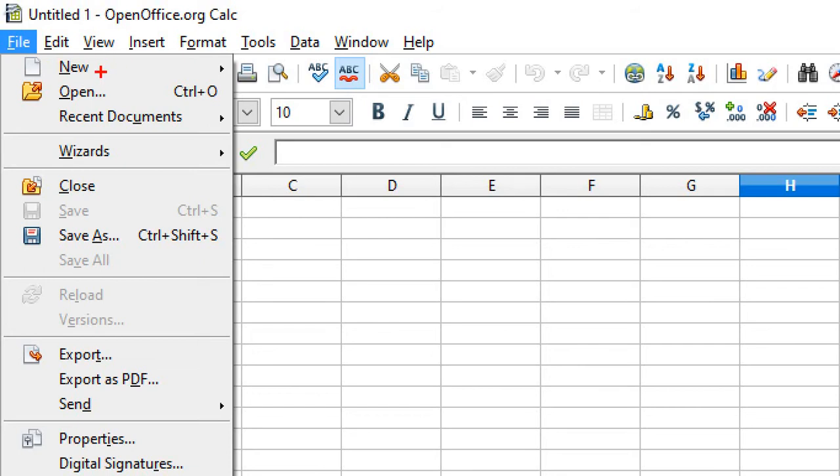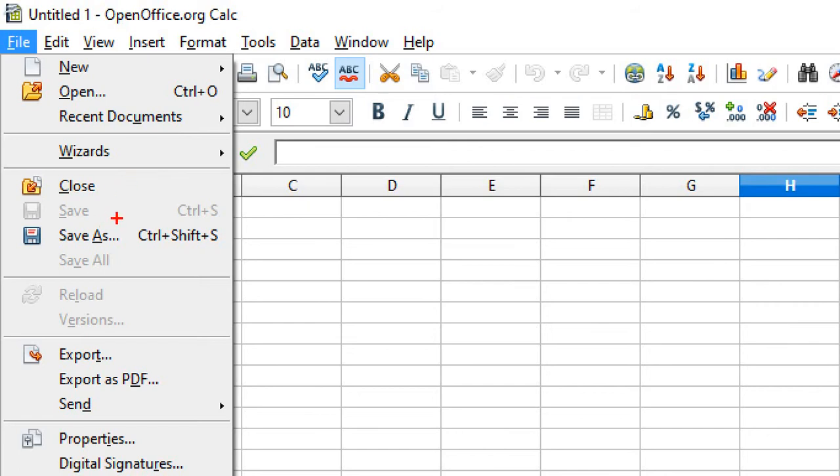By using new, you can open a new file, and by using open, you can open any file which is available in your OpenOffice Calc. This is the shortcut key, Control plus O. Then recent documents: by using this, you can open recently created documents. Then close, save.